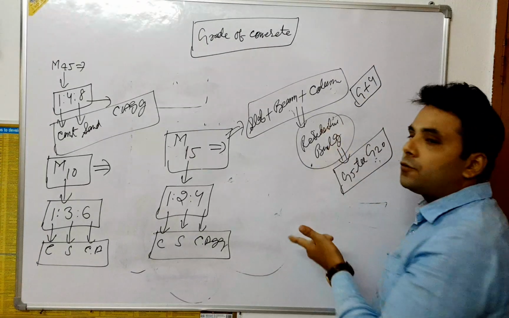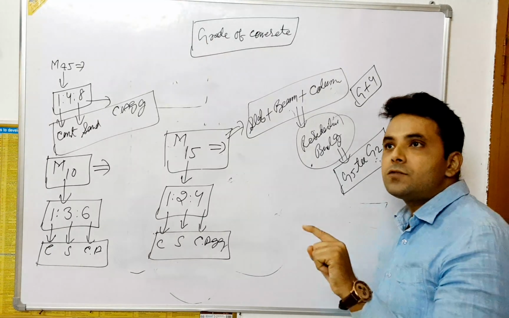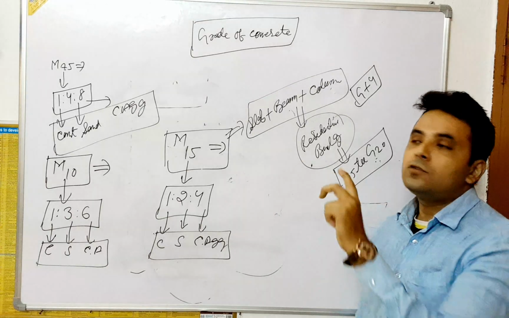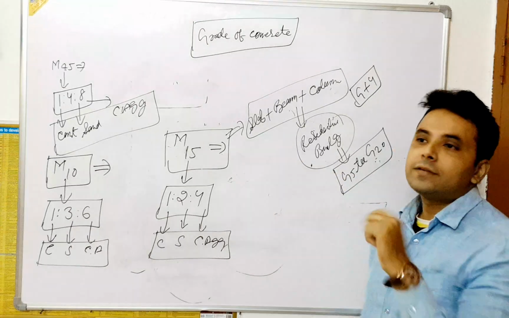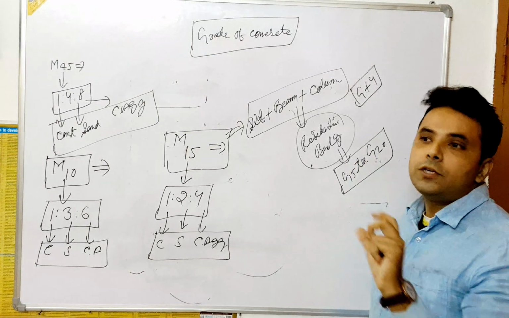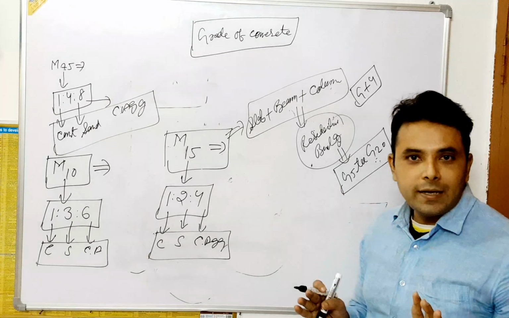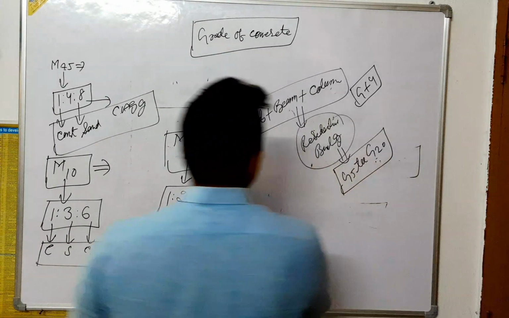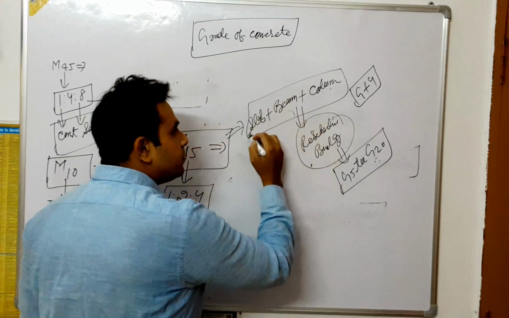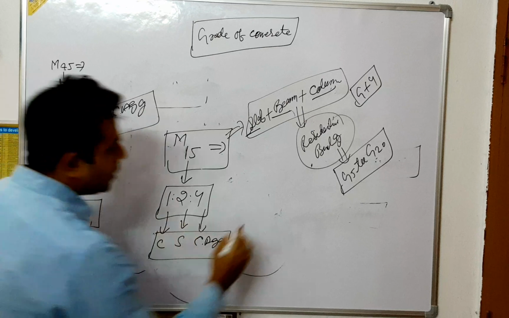And above 20 floors, G80, G90, G100, we generally say this is a tower. This is not a residential building, this is not a multi-storey building. We can say that this is a tower building, like G100 floors, G150 floors. Clear? So M15 grade of concrete is only used for the slab, beam and column of residential buildings. Clear?